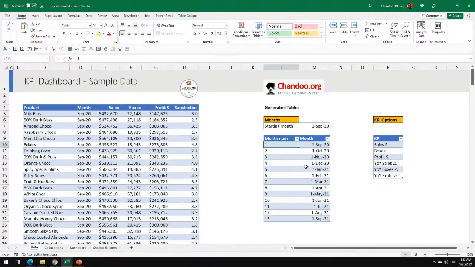The month numbers are typed in, but this is actually a calculation based on the earliest month in the data. So if the earliest month is September 2020, then this will generate all the dates for the 13 months. And this is a typed in data set where I'm telling you what are the 6 KPIs that we are